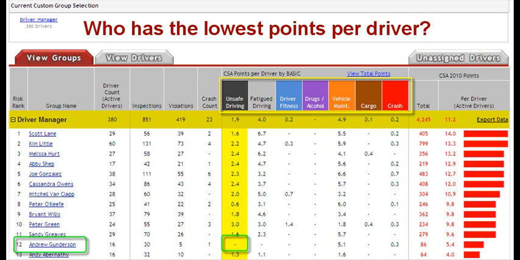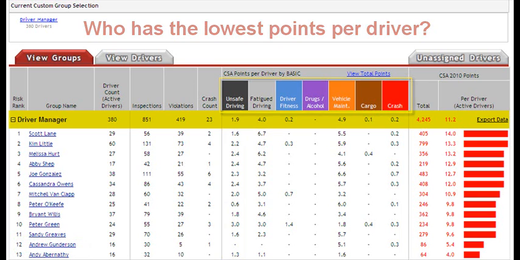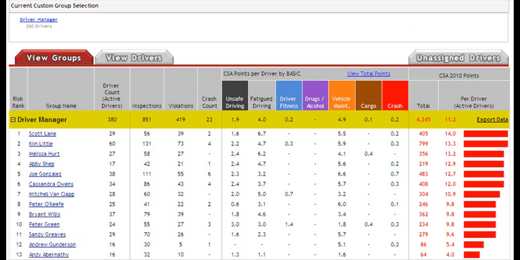How are Andrew's drivers keeping such a low score? Maybe it's worth a conversation to find out. Possibly Andrew could work with Peter Green to help with strategies or analysis to reduce his high unsafe driving numbers. There's a lot of actionable information here, now that you can see CSA data mapped to your organization. You can see the rest of the average points per driver across the other columns. The final 2 columns give you the total CSA points and points per driver for each driver manager.